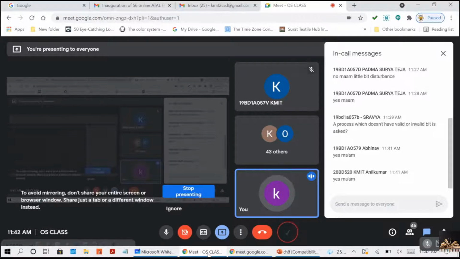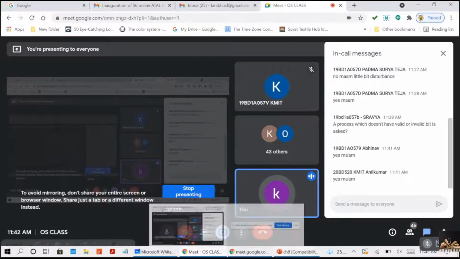To avoid this problem, we use a register called the page table length register to indicate the size of the page table. This PTLR value is checked against every logical address to verify whether the address is in the valid range for the process or not. This is the solution.